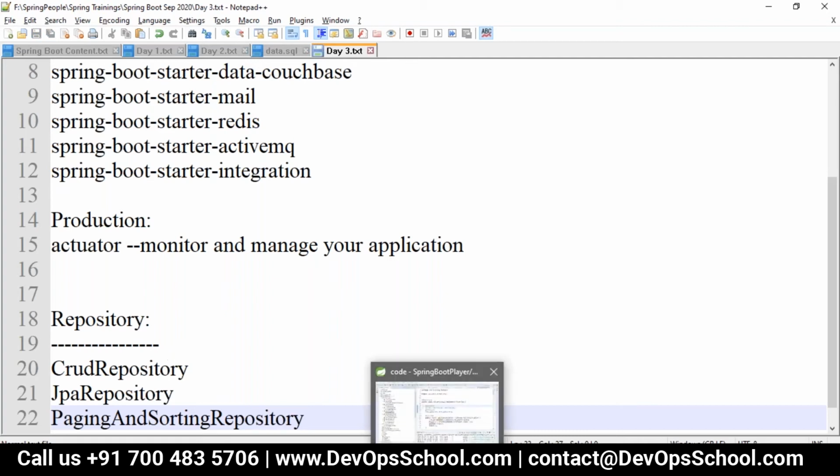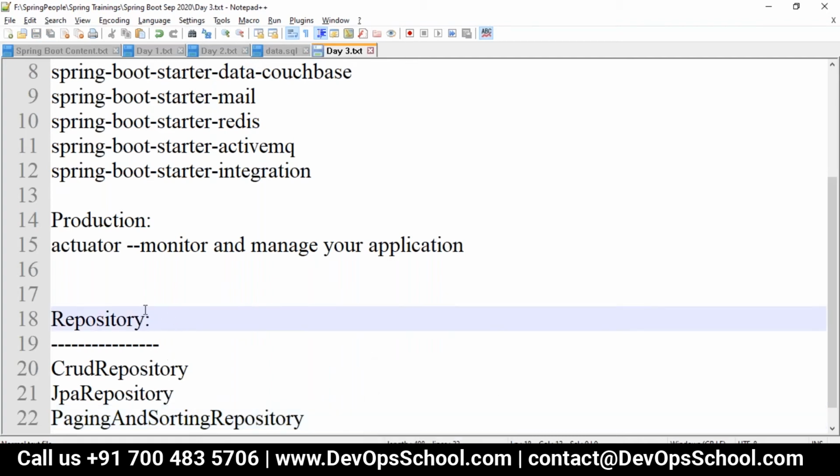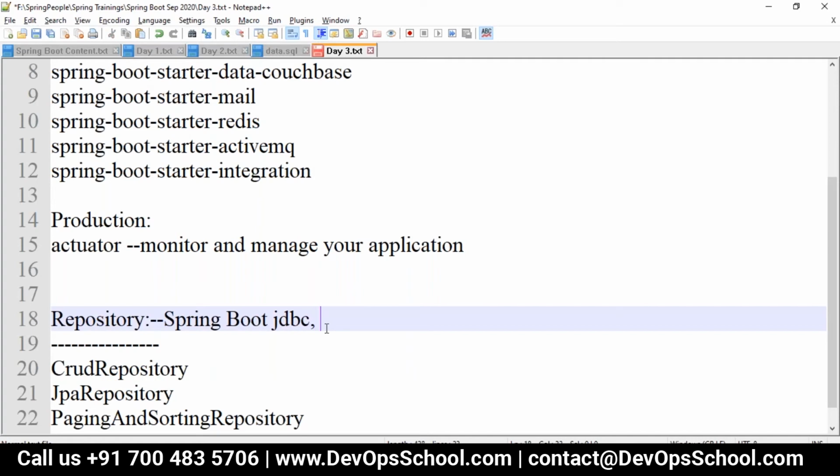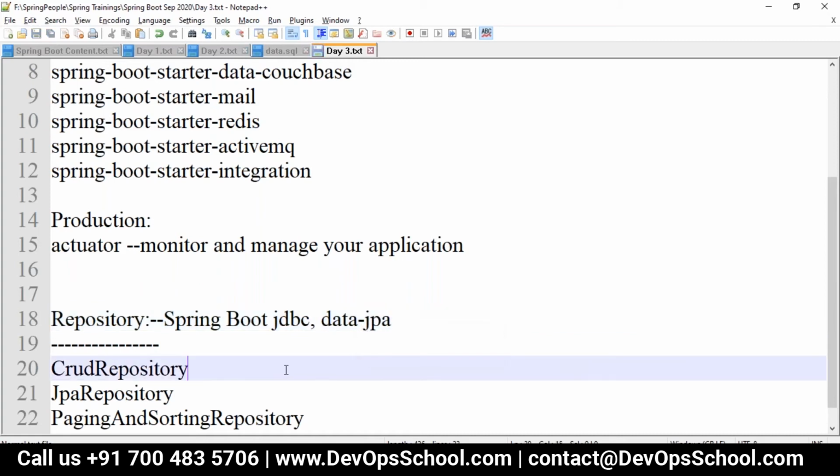See, when we go with Spring Boot data JPA, in Spring Boot, if you go with JDBC, in JDBC you have only one repository called CRUD repository, which takes care of CRUD operations, that is create, retrieve, update and delete. If you go with Spring Boot data JPA, to take care of your DAO operations, we have predefined